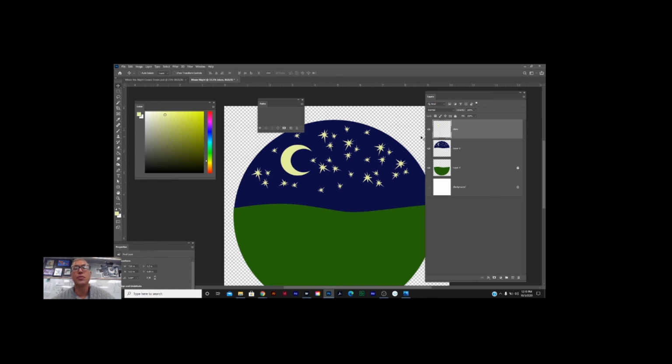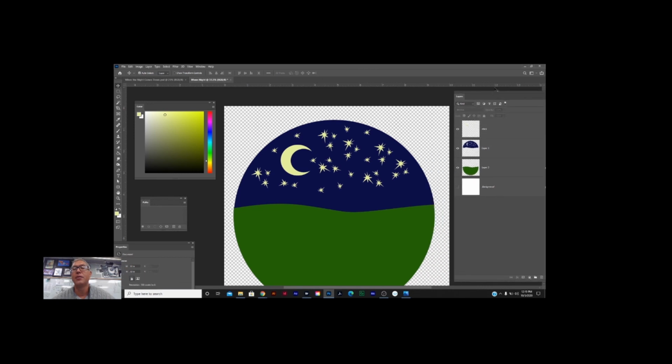Control with the move tool, and if you click the thumbnail, it'll select all the contents of that layer. Then you can delete it from any layer once you have that selection, which I've already done. Okay? All right. Try that, and then next time I talk to you, maybe I'll show you